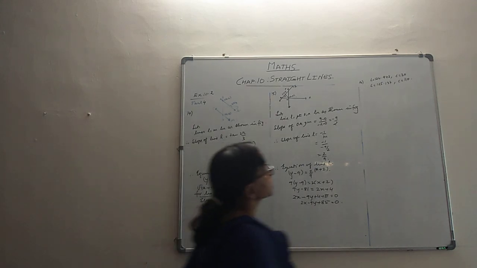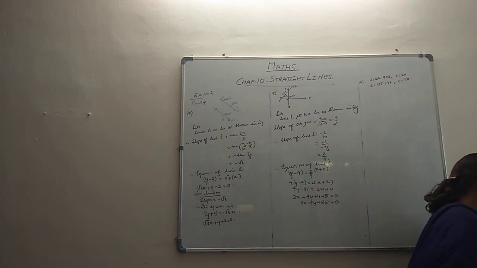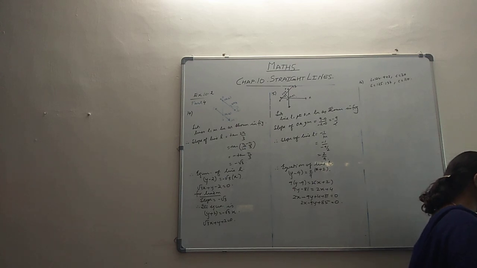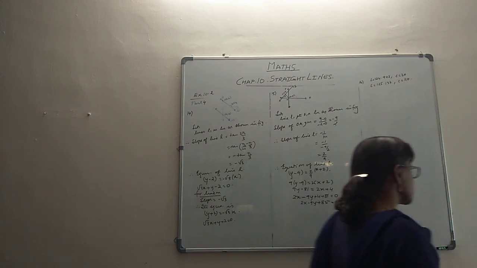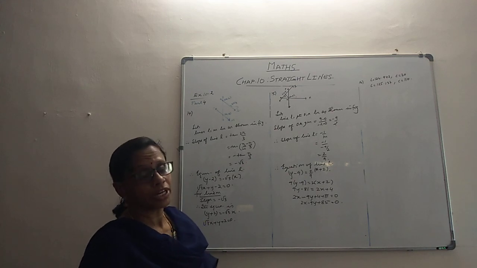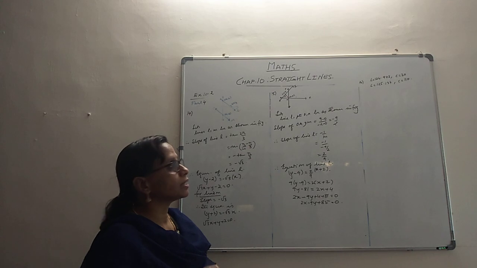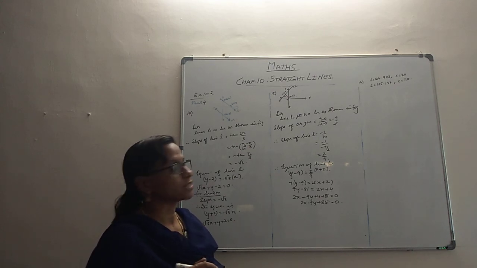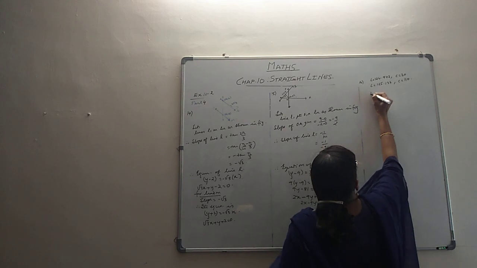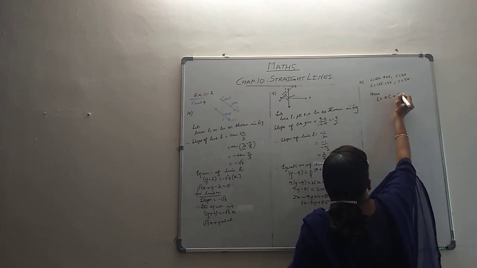Now we have problem number 16. It says that the length L is a linear function of C, that's Celsius, and L is the length of the rod. You have to express L as a linear function, something to do with a line. All linear functions, when we plot them on a graph, will represent a line. But as a function, you can express it: L is a function of C, that means L is aC plus b.